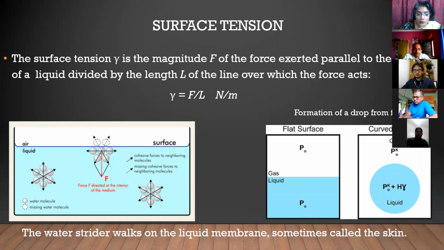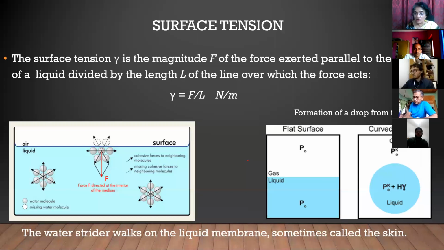This tension is called the surface energy if it's a solid, or it's called the surface tension in the case of a liquid. Actually, both terms mean the same thing. This tension makes the top layer act like a stretched membrane. Again, that membrane, if you don't have the walls constraining it, will shrink back into a sphere. But if you put this into a container, the top layer will continue to be horizontal. It is because there is this membrane that a live insect like the water strider can actually walk on top, because what it sees is not liquid water, but a membrane caused by this surface tension.